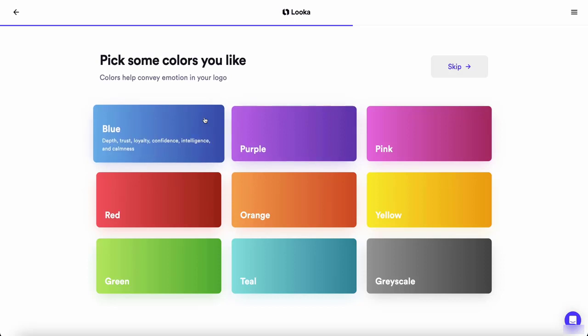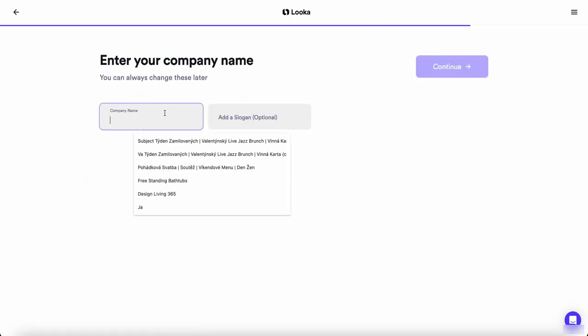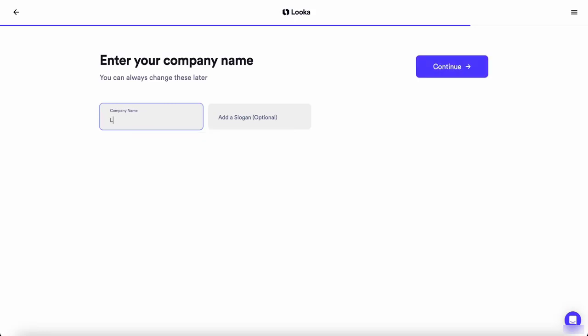And let's say we like blue, we continue. And let's say we will call it learn meta advertising. Let's do it quickly.